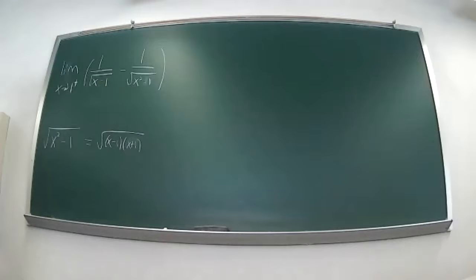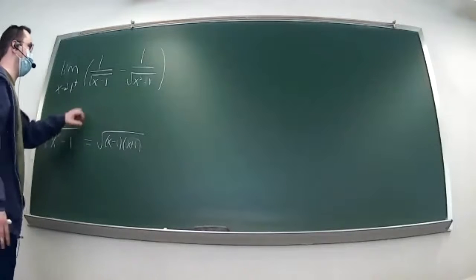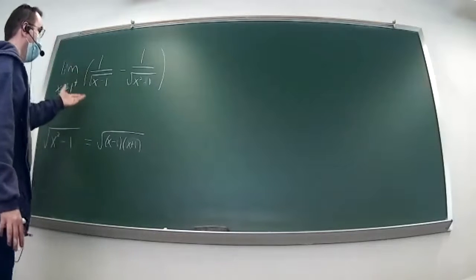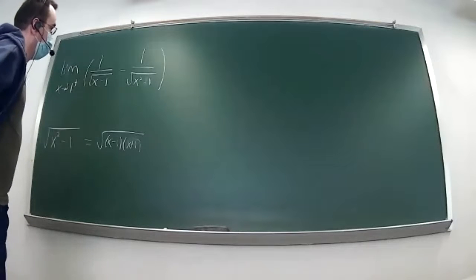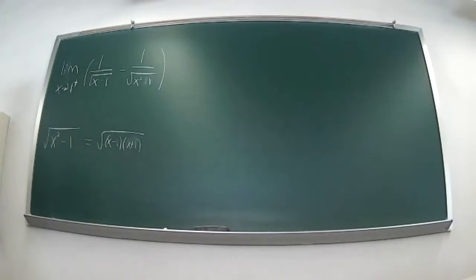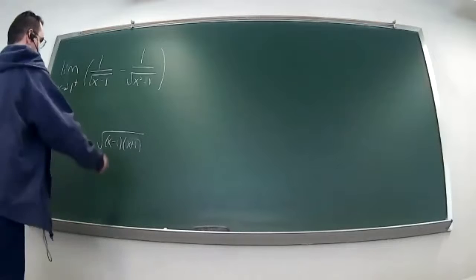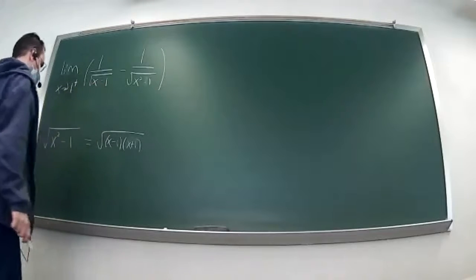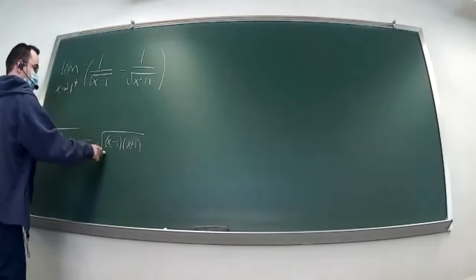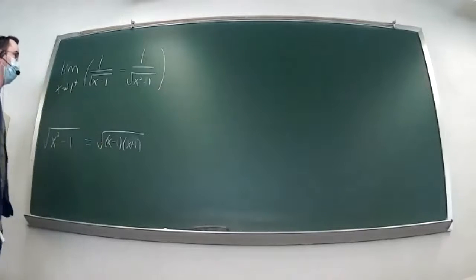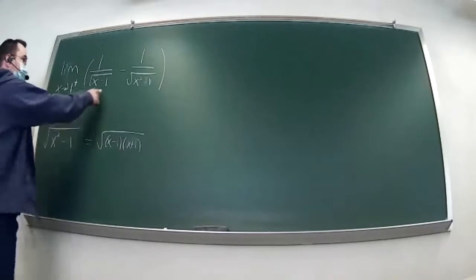So you are not going to get any traction by just plugging in a number. This limit may or may not exist, but we don't know anything about it just by trying to plug in 1. So what do we do? I guess one general theme that we've been seeing is try to make a proper fraction out of it. So try to express this difference as one fraction. And this also helps you, because if I want a common denominator,